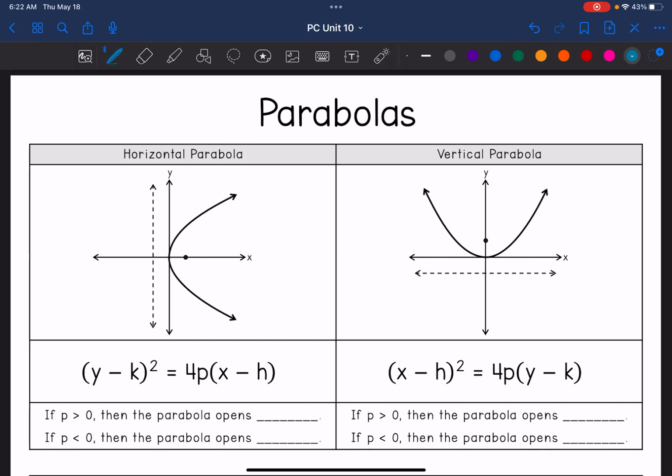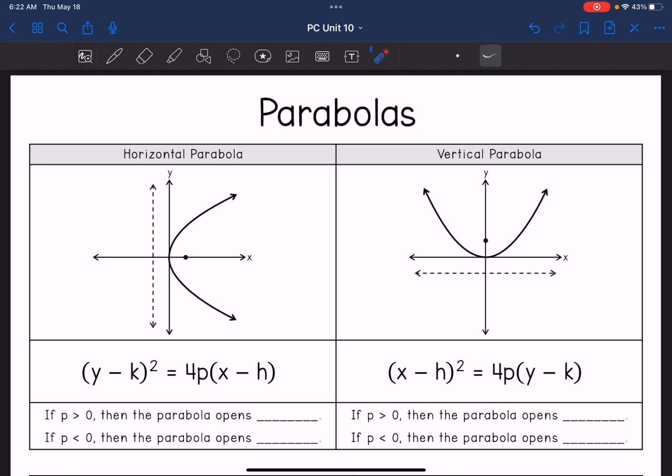Good morning, friends. Today we're going to do our last conic section that we need to cover, which is parabolas. So you've seen parabolas since Algebra 1 and Algebra 2, but you're used to seeing the equation in standard form. For today, we're going to be looking at our equations in a different form than what you're used to. So just like the other sections,